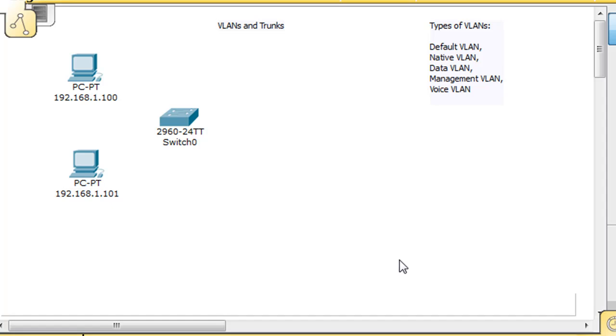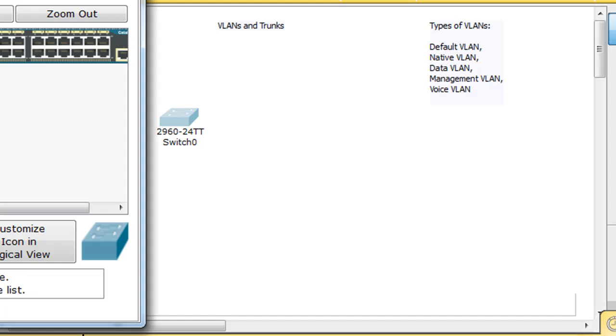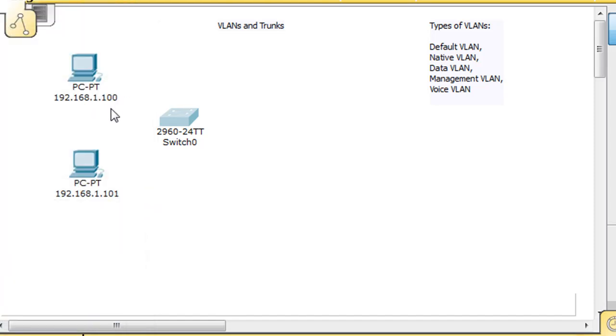Okay, this tutorial is going to be about VLANs and trunks. Now, I'm using Packet Tracer here, and I've got a switch out here, and I've got two clients. And basically, a switch is used to create local area networks or LANs, and it's used to interconnect PCs on